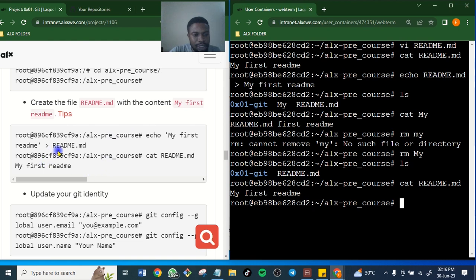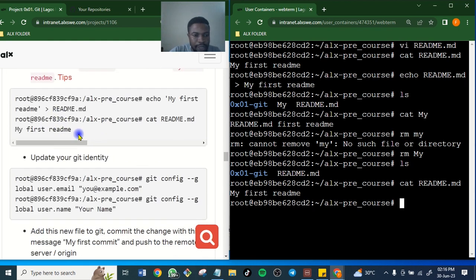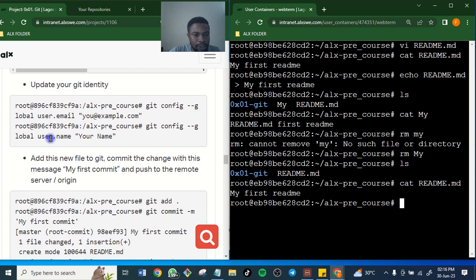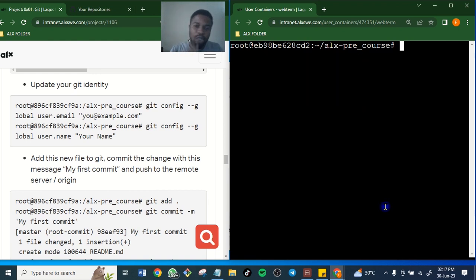So what is the next question that we are asked to do? The next question we are asked to do here is to update your Git identity.